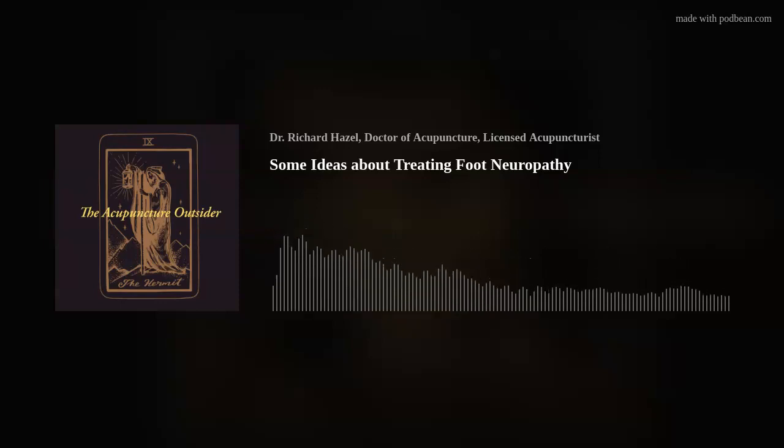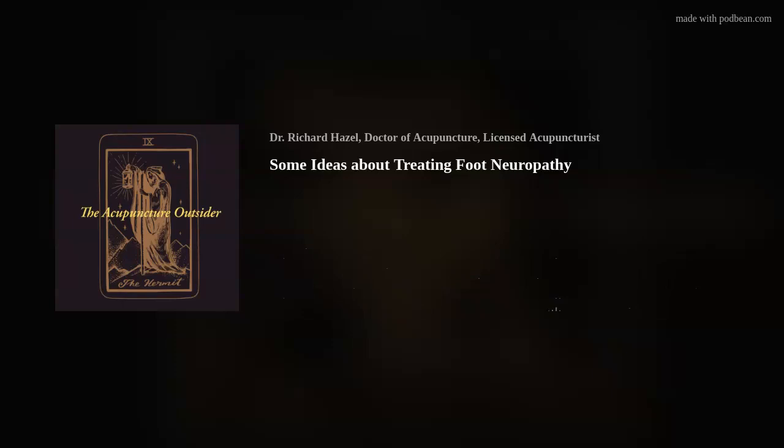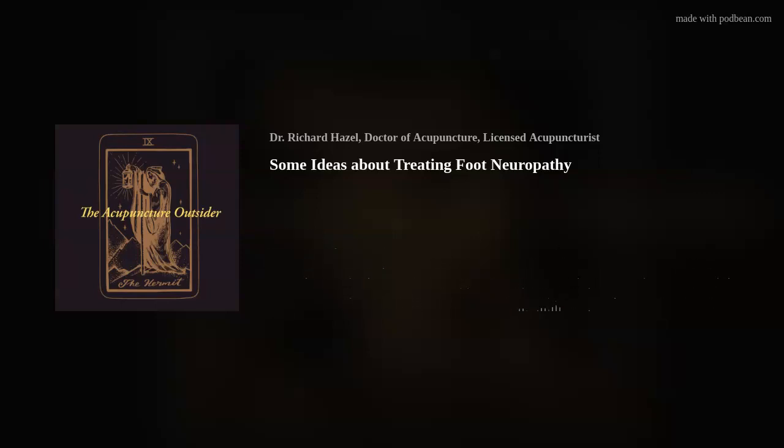Typically we'll see results in the first 3. Many times on the second visit, after the second visit, they'll start to feel something. Now, for your charting, I personally use a percentage rather than like a 1 to 10. I use a percentage. So when we start out before treatment, I want to get a percentage from them of how much sensation they have, if it's 20% or 10 or 40, because we need to be able to track